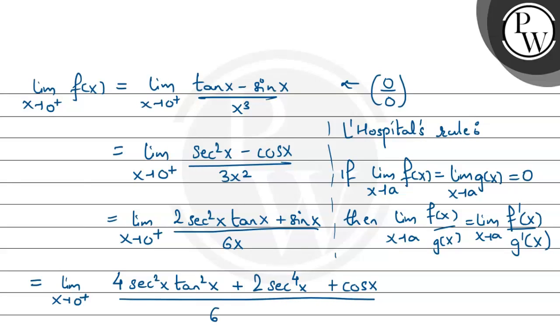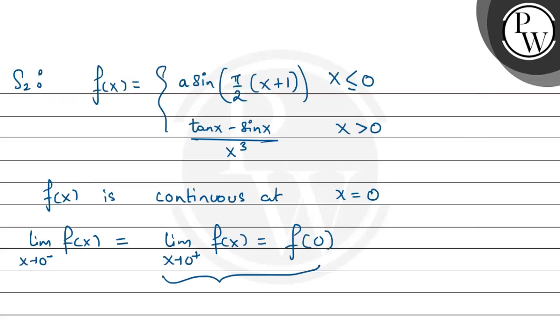Now if we evaluate the limit, this limit is equal to, so here we have 0, 1 and 1. So this is 3 divided by 6, that is half. And now because of continuity of f, we will have f of 0 equal to half. And now f of 0 क्या है, 0 पे फंक्शन क्या डिफाइंड है, a टाइम्स साइन ऑफ पाई बाई 2